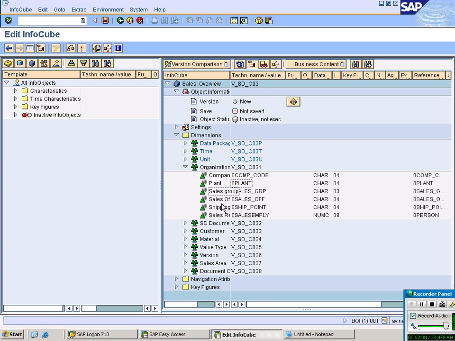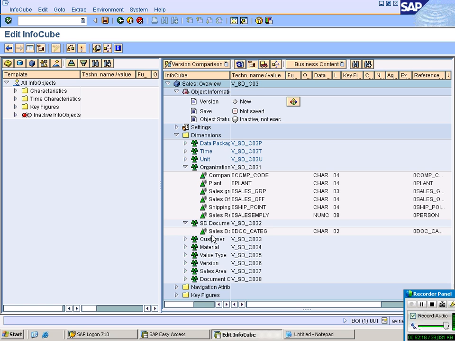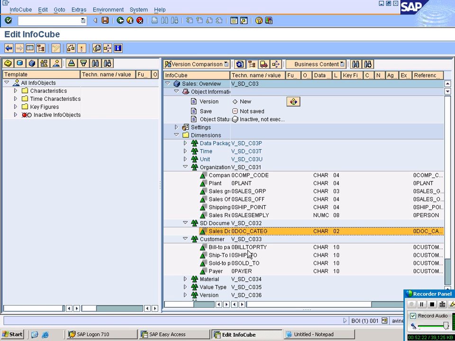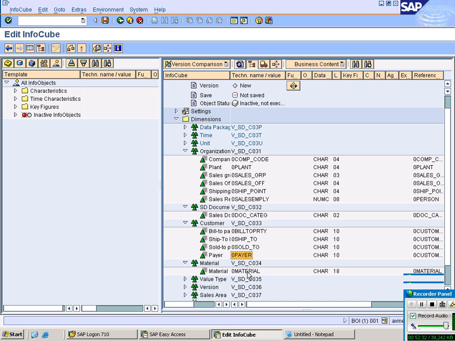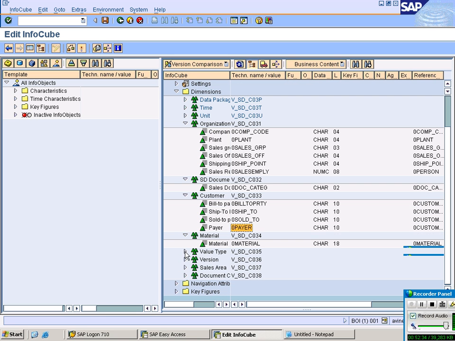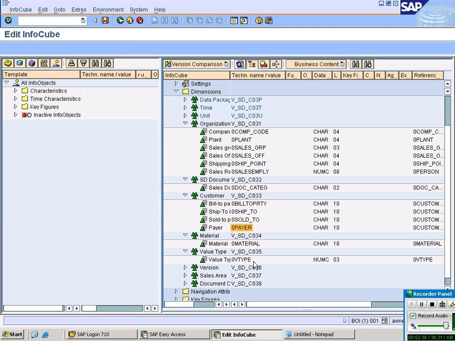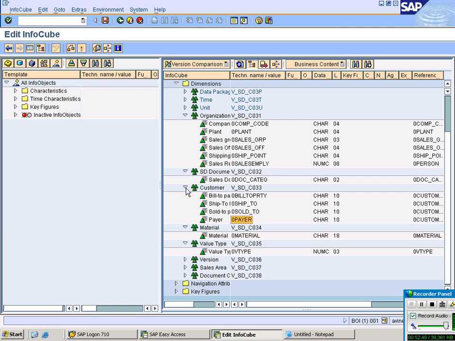Company code, plant, sales organization, sales office, shipping point, sales representative. Sales document number is nothing but your document category. Then you have customer, bill to party, ship to party, sold to party, and payer. Material dimension has one InfoObject called material. Then you have something like value type, and these are all the InfoObjects in this particular